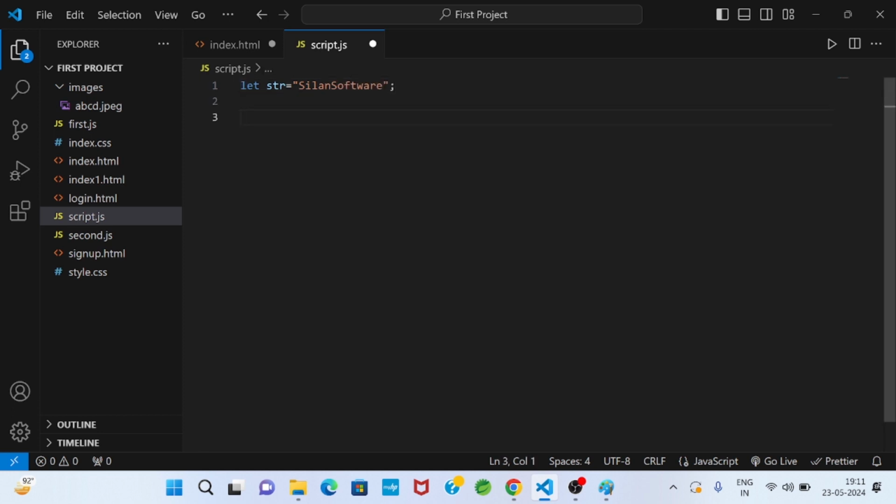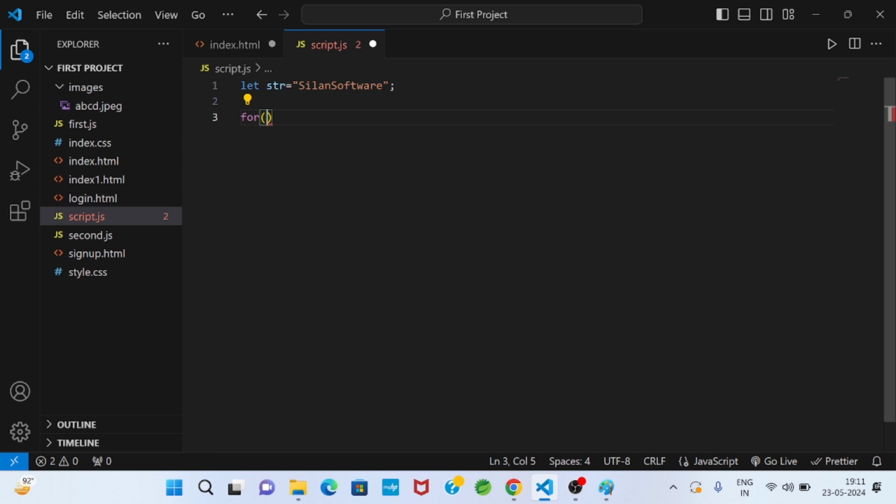Now I want to retrieve all characters at a time. Normally if I use a for loop, I can print an individual character, but using the for of loop.